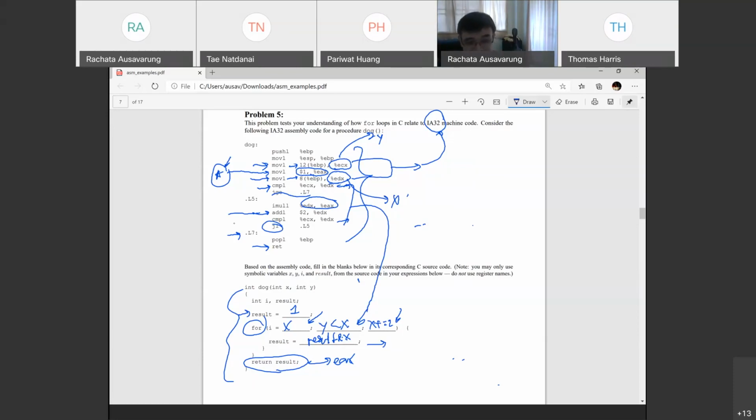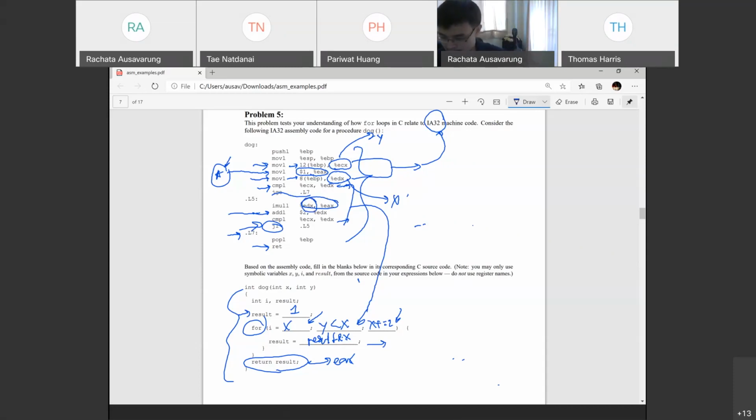This jump is a part of the loop, right? The question about why is it I equal x: it's because this is what you multiply. You multiply EDX to EAX, right? What is EDX? That's x, right? EDX is x. So initially, the first time you go into this loop, basically that means